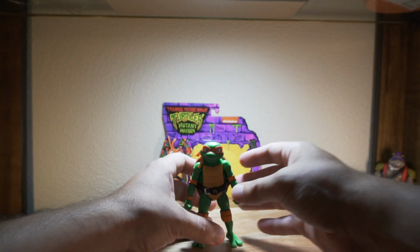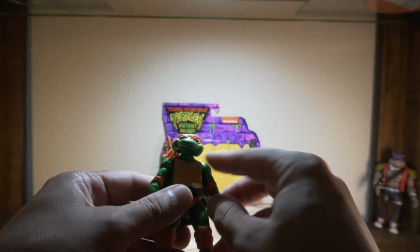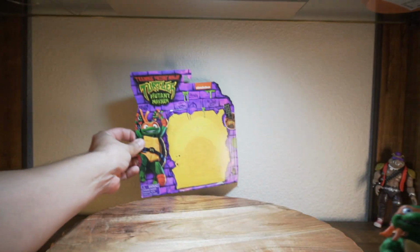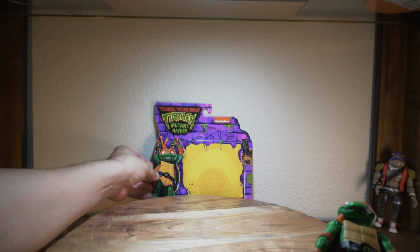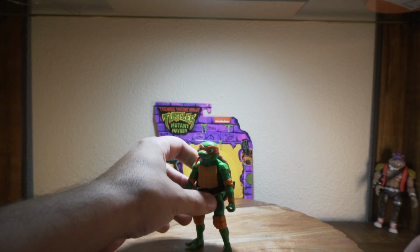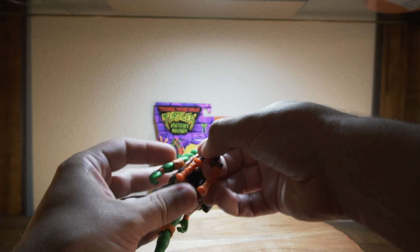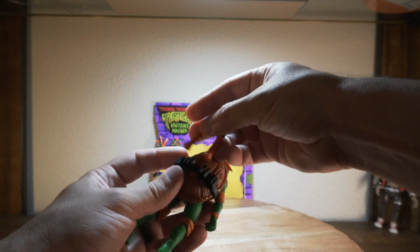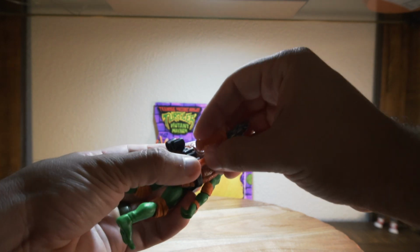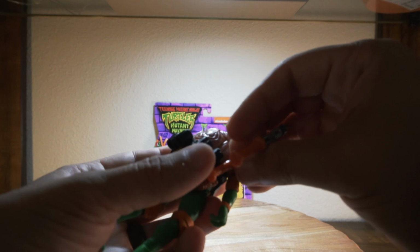I know people have said things like, for example, this Michelangelo doesn't have teeth. The card clearly shows he does have, or not teeth, braces. But yeah, so let's see. I've seen some other reviewers say the nunchucks do fit right in here. But rather than going next to him, I think the move was, oh, okay. This is kind of softer plastic, so you can